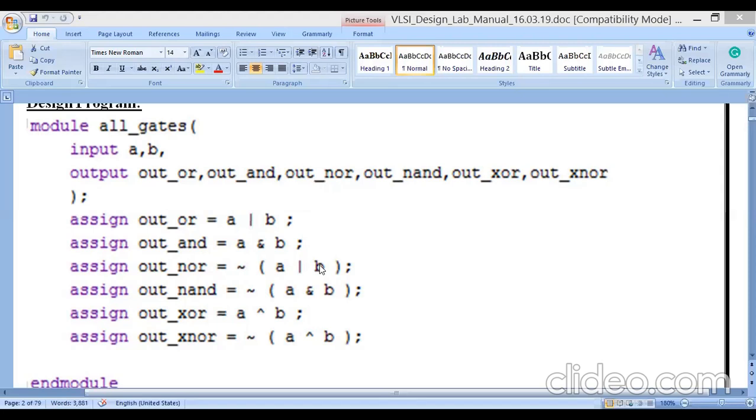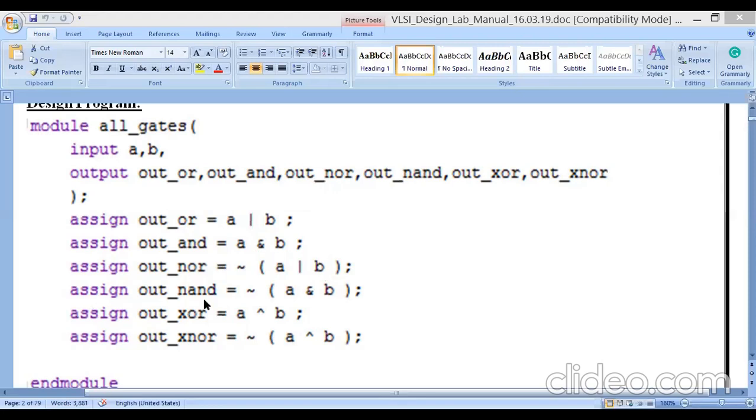The right hand side has the operations: it takes inputs, performs the operations on the right hand side, and assigns to the left hand side. The left hand side signals are the outputs. This is very important in language construct, especially data flow modeling style. The left hand side signals are the outputs, the right hand side signals are the inputs with some Boolean expressions.